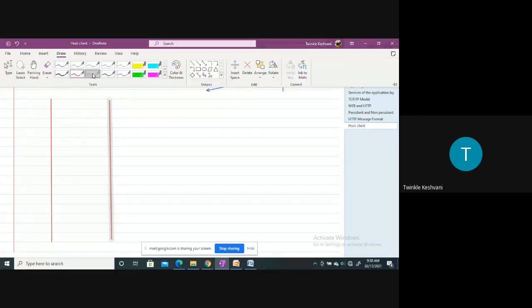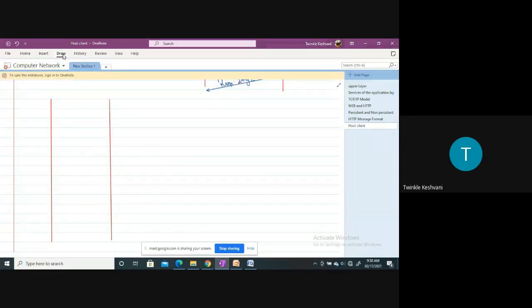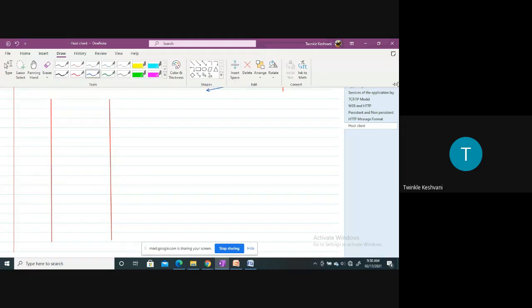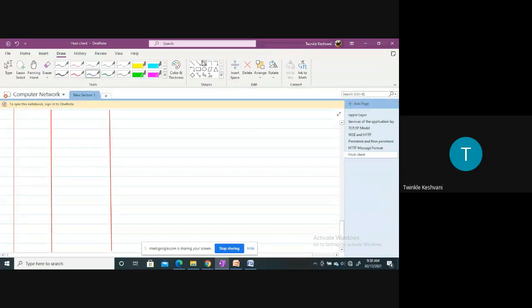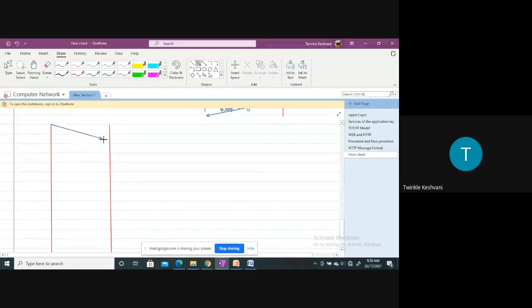Take a blue. So here the client is requesting for establishing the connection. So the first handshake for establishing the connection, right? This is the client, this is the server. So this is the connection request, right?